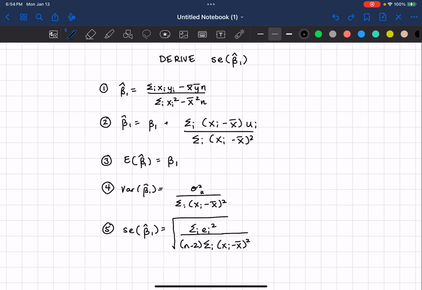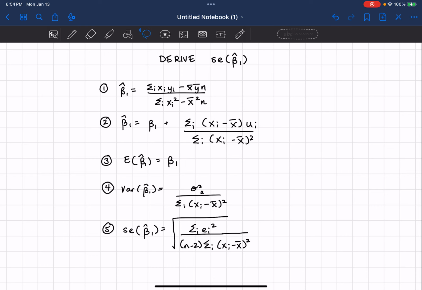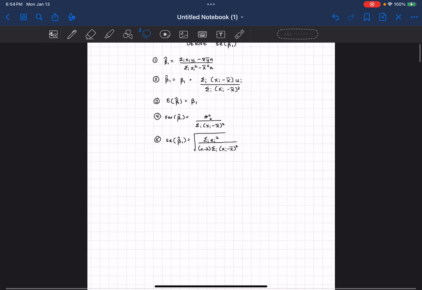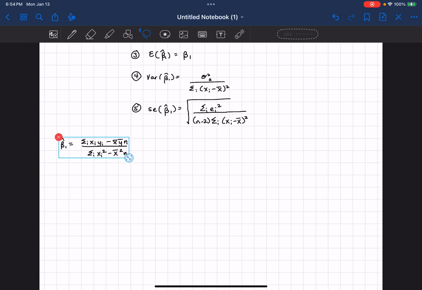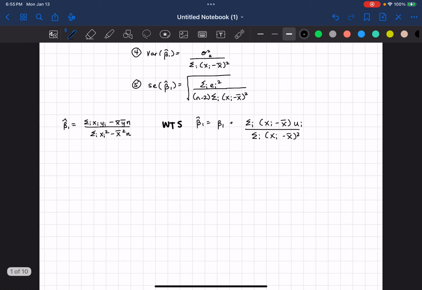I want to show number 2 holds right now. So I'll start with number 1, and I'll show that number 2 is a result. So say this, and I want to show this. So my first step is I'm going to,